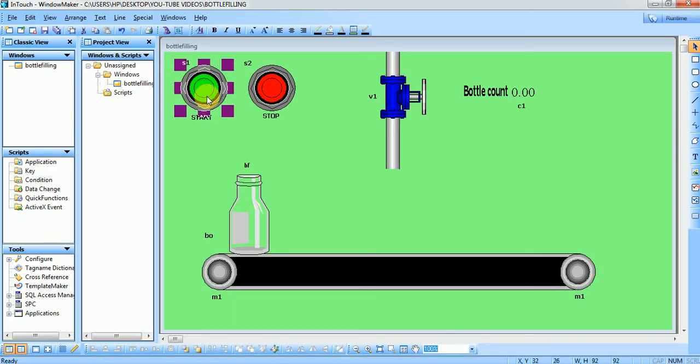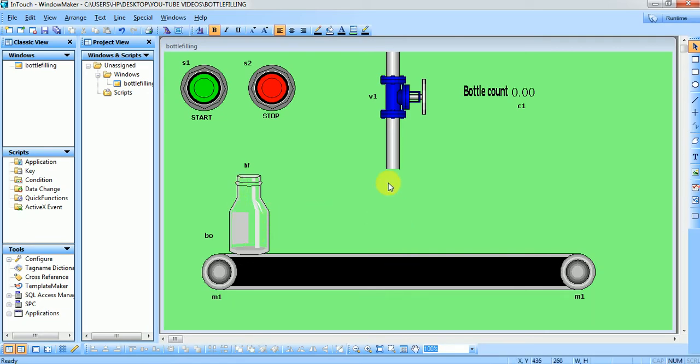Here I have two switches for on and off, one valve, a jar, and motors. When we simulate, the bottle will move from this initial position to the final position, and wait here until it gets filled.